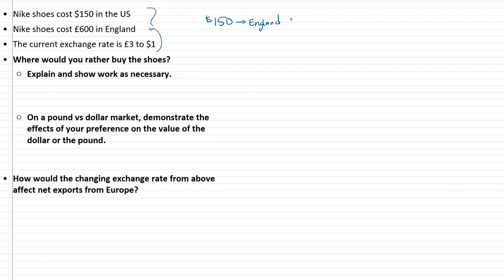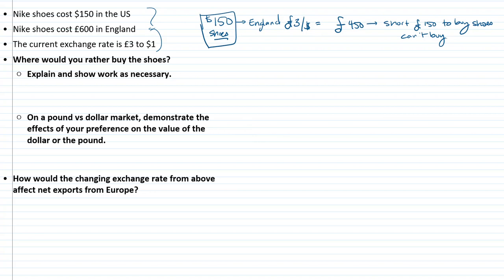Well, when I take my $150 to England, I'm going to get 3 pounds per dollar, which means I'm going to get 450 pounds. And my immediate thought is that in the United States, $150 bought me shoes, but in England, I am now short 150 pounds to buy shoes. In other words, I can't buy shoes. So where would I, as an American, rather buy my shoes? Well, I'd rather buy them in the United States, where my $150 gets me shoes,